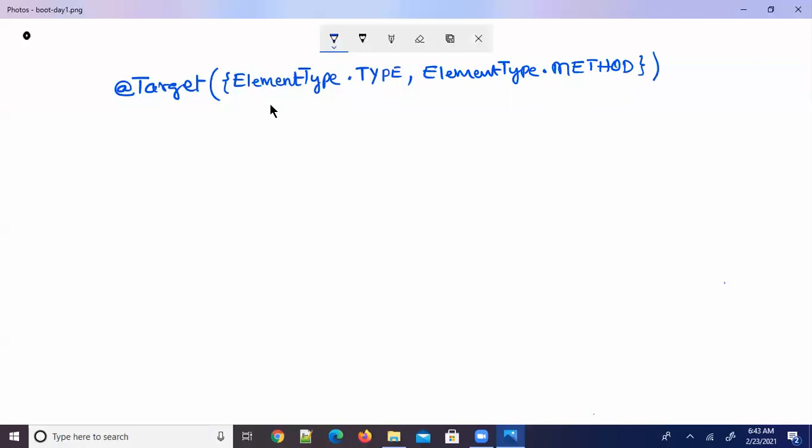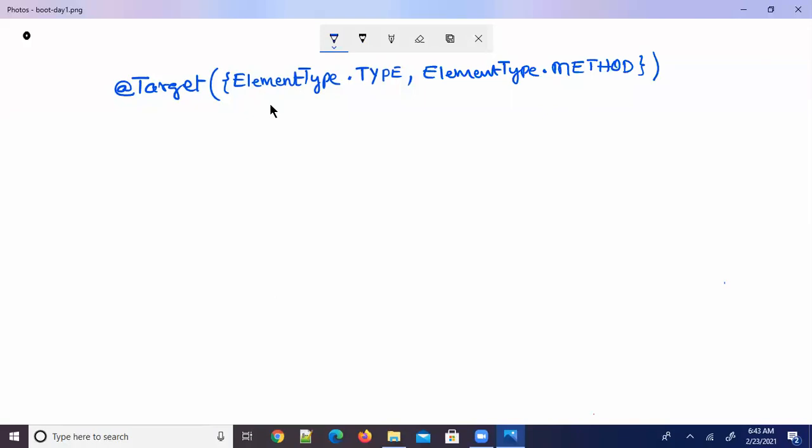ElementType is one enum. ElementType.TYPE is one constant I am writing, comma, and one more I am writing, ElementType.METHOD.